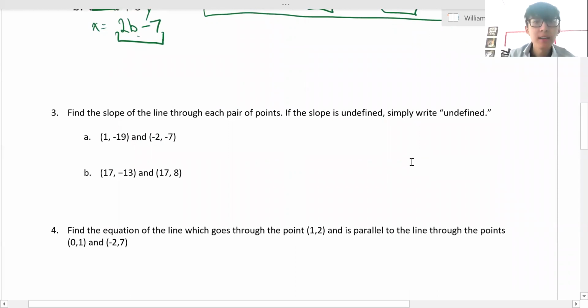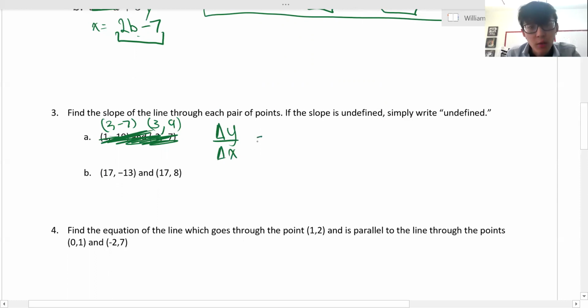Okay, find the slope of a line through each pair of points. If the slope is undefined, simply write undefined. So let's choose a pair of random points, (2, -7) and (3, 9). I just chose random points. So the slope of a line, remember, big picture, and this is important for all of calculus A, our slope is change in y over change in x,